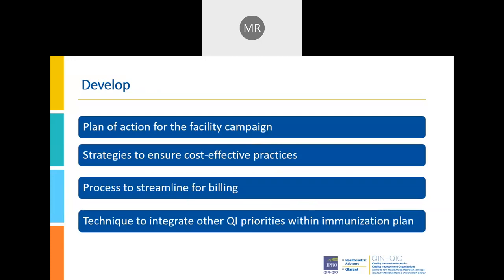How are you going to reduce the cost related to that? Do you know the billing process? Can you get billing involved with how you're going to bill out for the vaccine? On the WAVE website, there is some information about billing, and then techniques to integrate into QAPI, your immunization plan. So if something's not working, how do you improve on that? How can you look at it differently? Can you learn what's working in other facilities that might be able to help you build your immunization program?